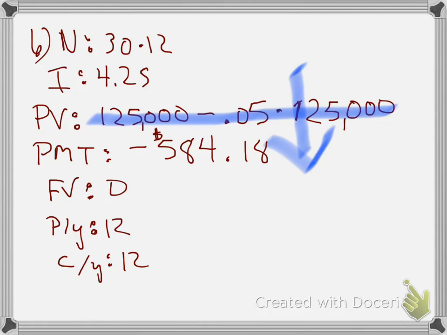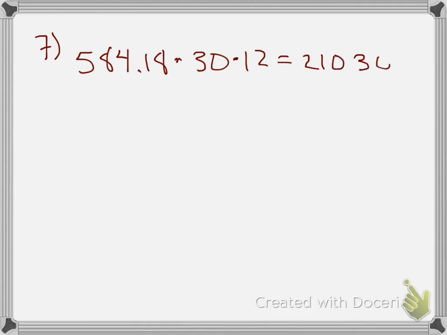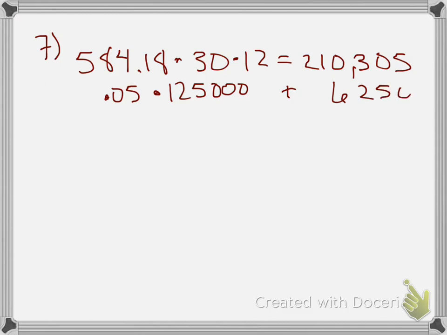Now number 7 says, how much will they have paid for the house in total? You take the payments, $584.18, times the 30 years, times 12 months, and you will get the total amount of money spent on the loan. And then once you add in the down payment, now this right here represents the down payment. And so if I multiply this 0.05 times 125,000, I get $6,250 for a down payment. And if I add those two together, then I get the whole amount of